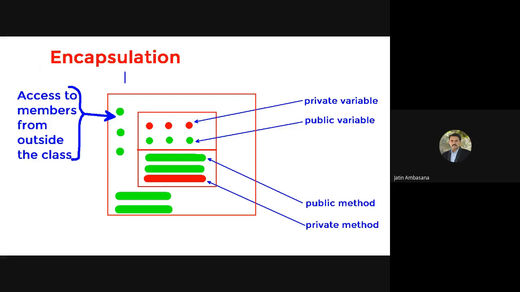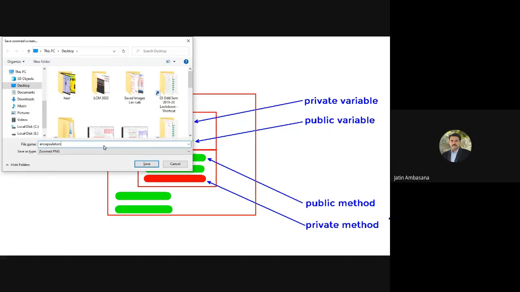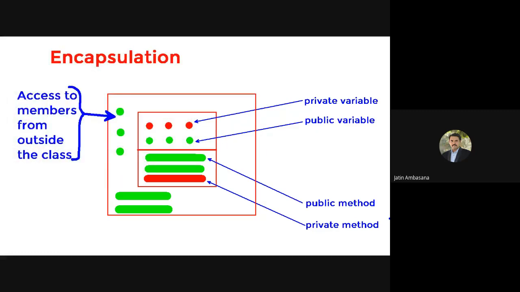Encapsulation is made from the word encapsulate. So capsule means something that is hidden. It has got something that is hidden, right? So to encapsulate means to cover something or to hide something. Basically this encapsulation is also known as data hiding. Here we do data hiding from the outside world. How do we hide the data? By making it private. Okay. So this is the example of encapsulation. This is how we visualize encapsulation.